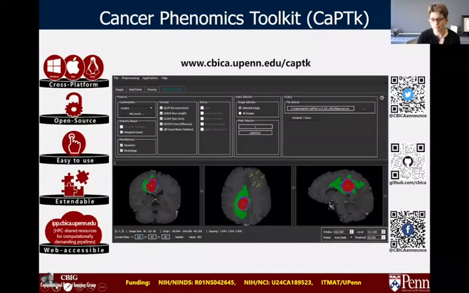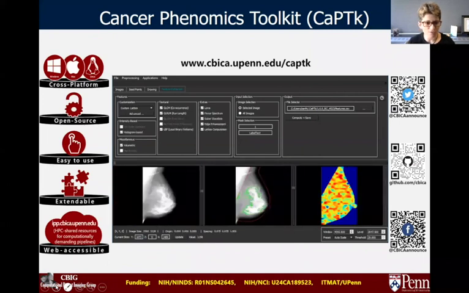As I mentioned, there are several packages out there that can be used to extract radiomic features. So in this day and age, one doesn't necessarily need to be an expert in image analysis to extract radiomic features. Here I'm just showcasing one of the tools that we have developed here at Penn, the Cancer Phenomics Toolkit, which was used for our study. It has a graphical user interface, a batch processing mode, and automated segmentation libraries incorporated, so you can extract radiomic features, at least the conventional ones, from an array of different imaging modalities. Being largely agnostic, you don't have to code these features yourself, but can start using them in your analysis.